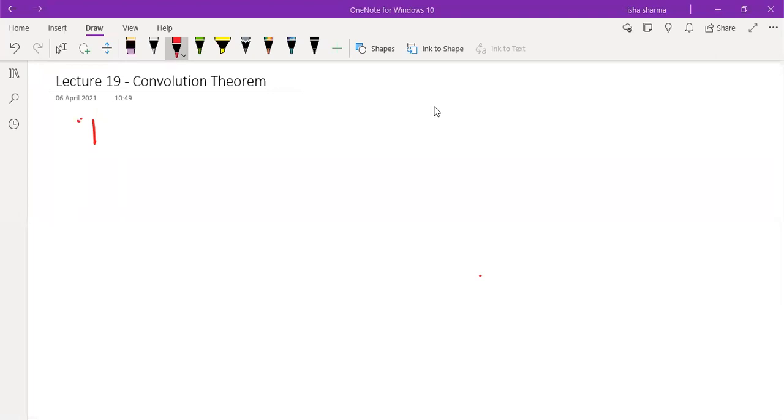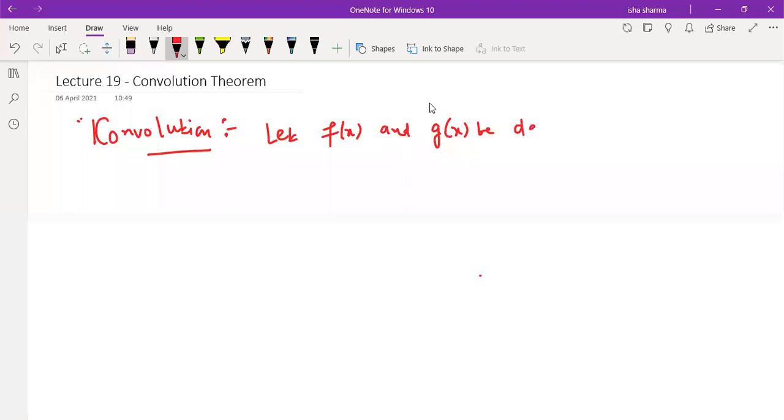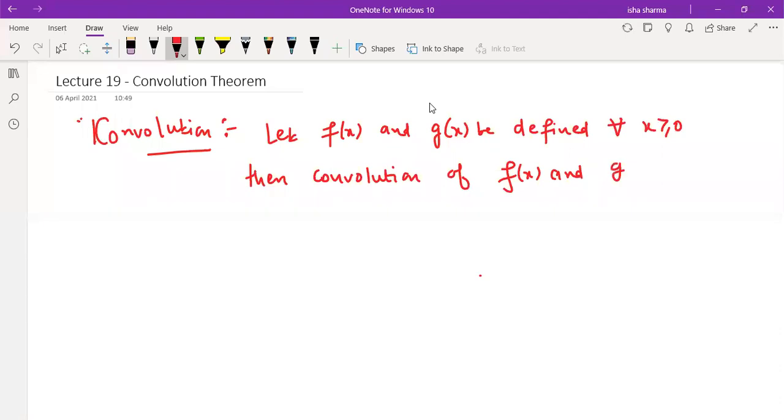Okay, so we are going to define the convolution theorem. Let me first give you the statement of this, and then I will make the connection of that with Laplace transform. Let f(x) and g(x) be defined for all x greater than or equal to 0, then the convolution of f(x) and g(x), denoted by f star g, is defined as,